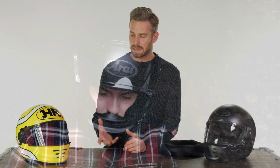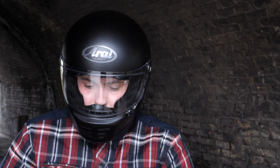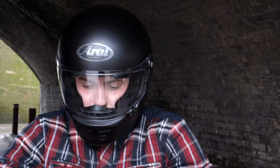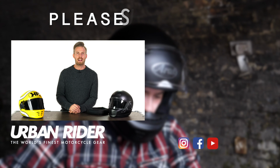If you've got any questions about the Arai Rapide that we have not addressed here, then please leave that in the section below. We think that this will be very popular. It's not the cheapest helmet, but it's a quality Arai helmet, and it's something that will likely prove very popular in our sector. So stay tuned, by the way, for more videos of the 2020 Arai range, which will be